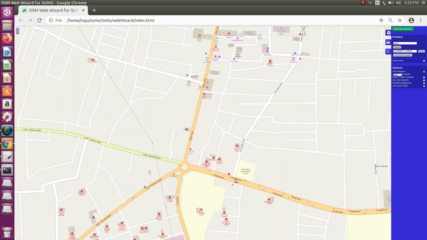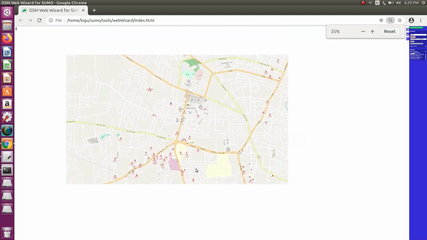So it is Perundurai Road, so Erode Nasiyanur Road, then Mettur Road. So these are the busy areas. Okay, so like that you have to choose your real-time traffic.